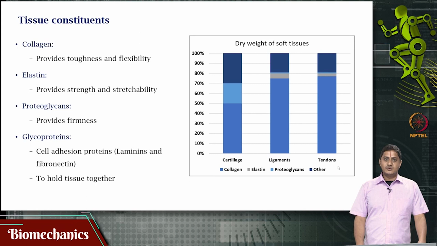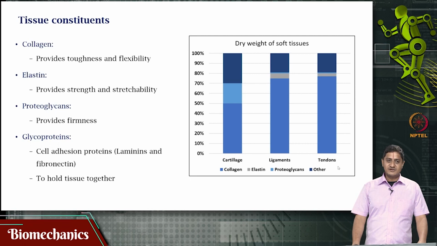So, collagen provides flexibility, elastin provides strength and stretchability, like elastic, the word elastin similar to elastic. So, it is able to stretch. Proteoglycans provide firmness, and then there are